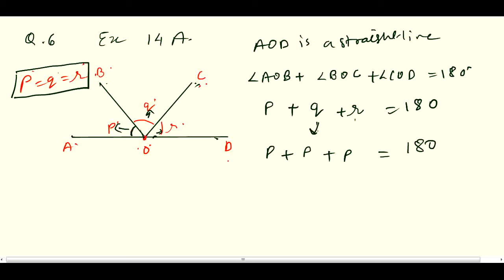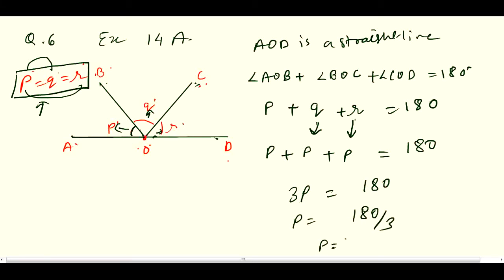Why are we writing P in place of Q and R? Because it is given in the question that angle P equals Q and angle P equals R. So from here you will get 3P equals 180, P equals 180 by 3, so P equals 60 degree. Now if P is 60 degree, that means Q is also 60 degree and R is also 60 degree. And the second way is,